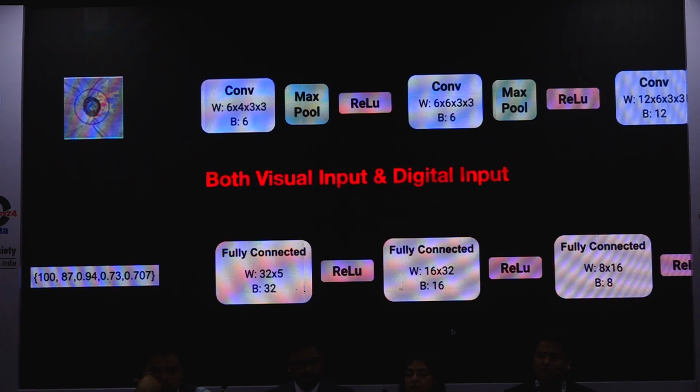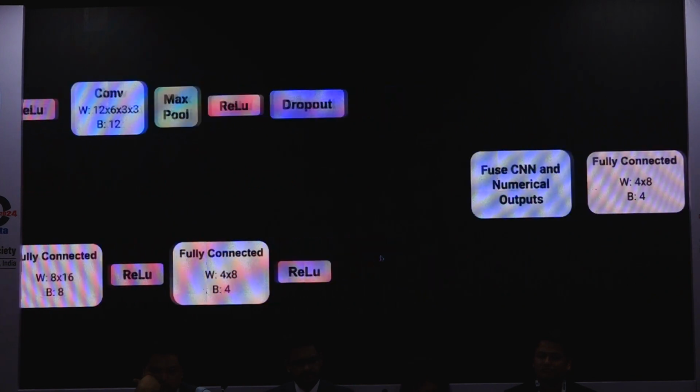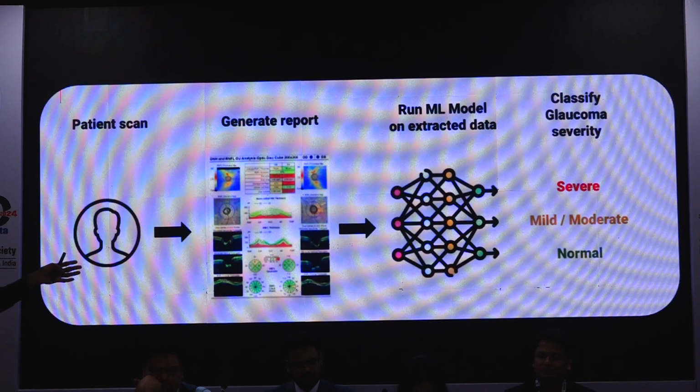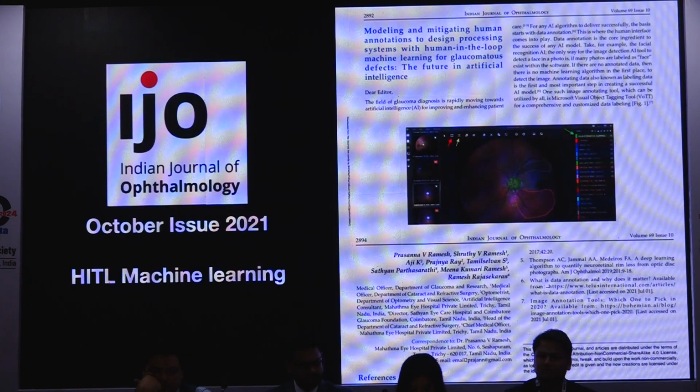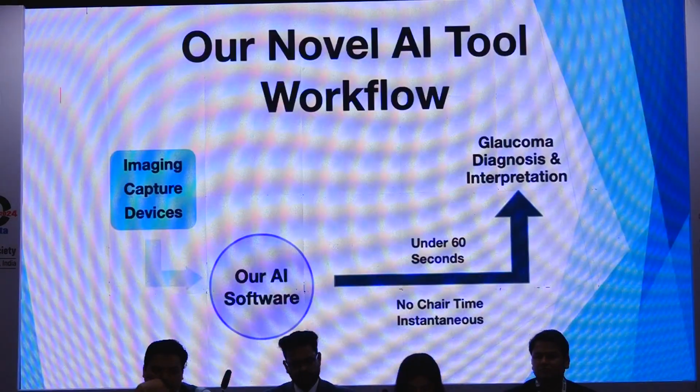It feels as if the machine is going to do the job, but the code, both the visual and the digital input, has been made by humans to take it forward and then diagnose whether it is severe, mild, or moderate. There is so much human intelligence going in. So I always recommend HITL compared to generative AI, because HITL, human in the loop learning, will always have your back. Definitely it's finally you that has to take care of it. But HITL is very promising. It helps you undergo a similar growth just like a human being.